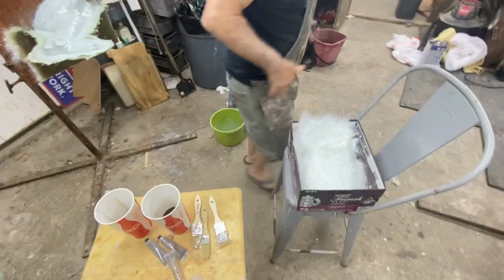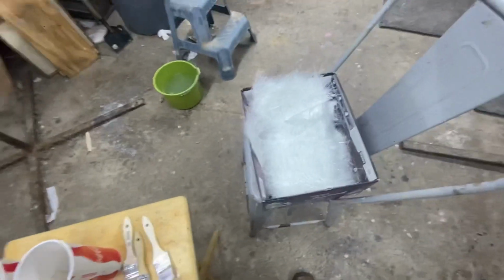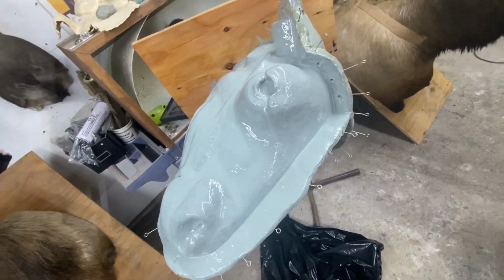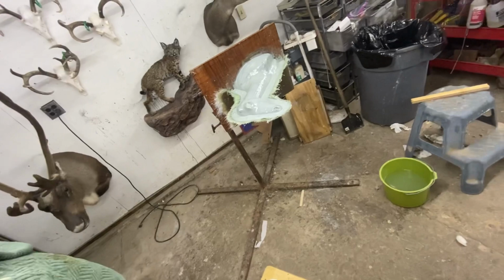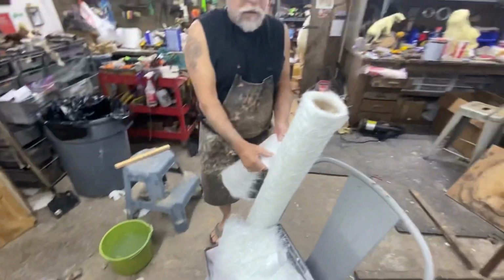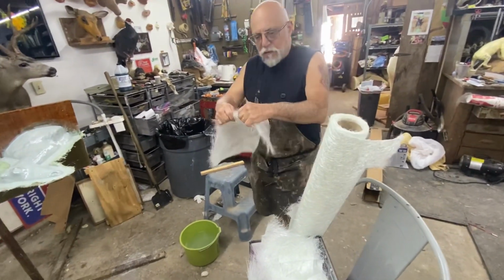All right. You see we're getting our resin and fiberglass mat together. We're going to start doing part of the mold on this guy and the other half of the mold on our little deer we're working on here, and we'll see where we can go. And wait a minute, let's show them this. All right, there's your roll of fiberglass. So basically, you just tear